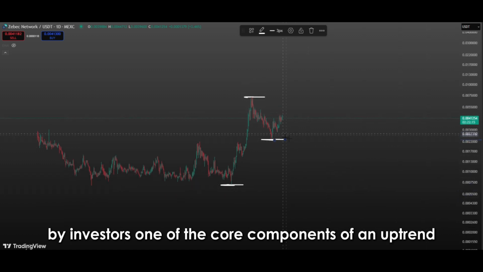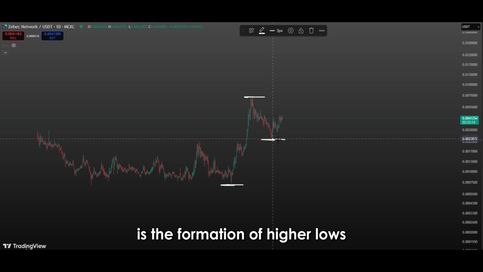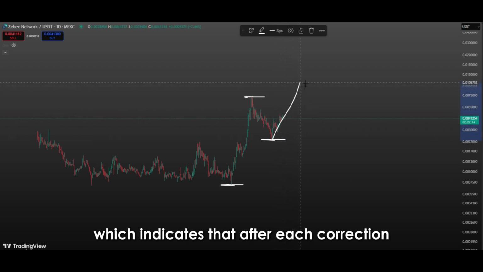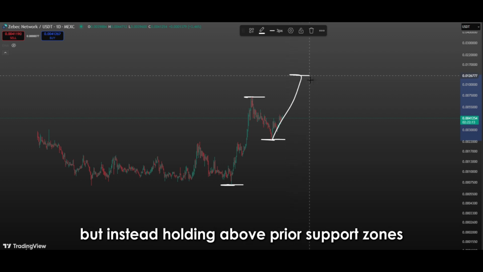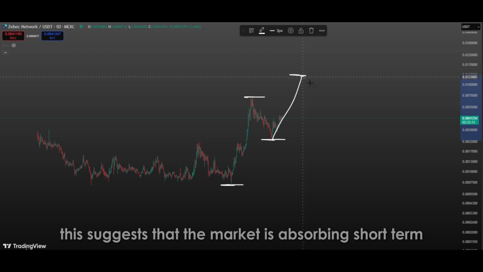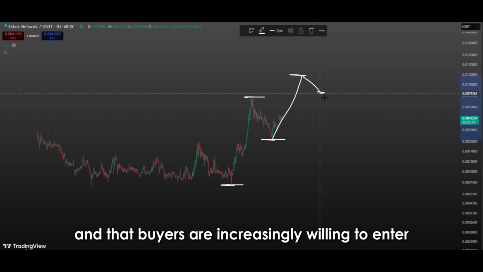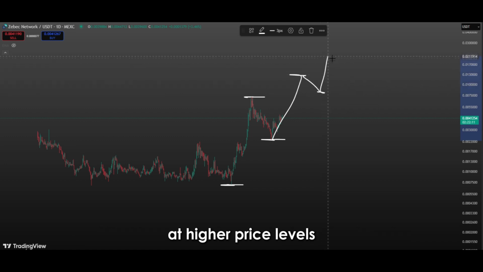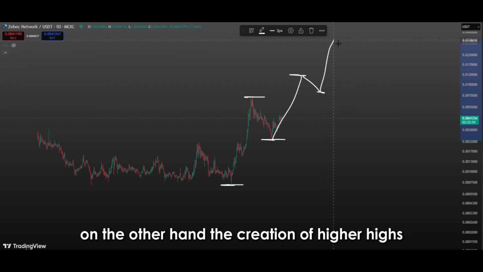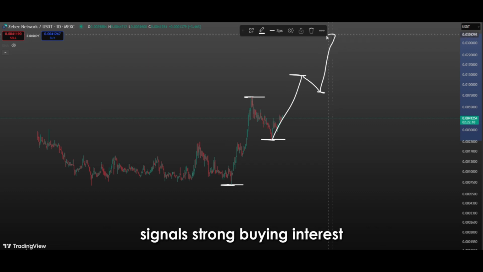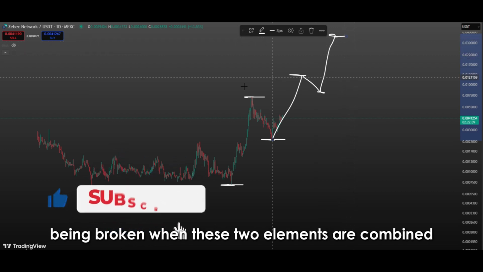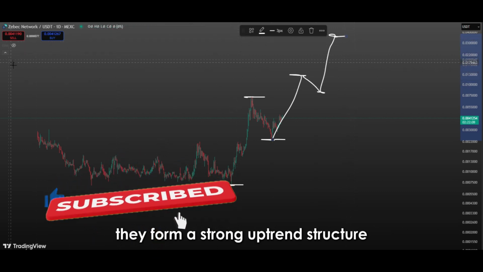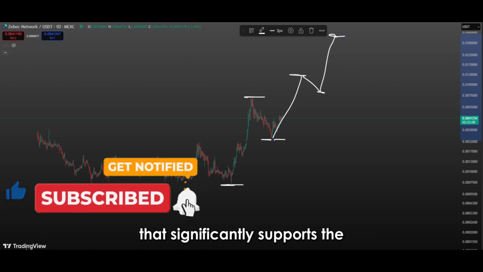One of the core components of an uptrend is the formation of higher lows, which indicates that after each correction, the market is not dropping to previous levels, but instead holding above prior support zones. This suggests that the market is absorbing short-term selling pressure and that buyers are increasingly willing to enter at higher price levels. On the other hand, the creation of higher highs signals strong buying interest and an increased likelihood of resistance levels being broken. When these two elements are combined, they form a strong uptrend structure that significantly supports the